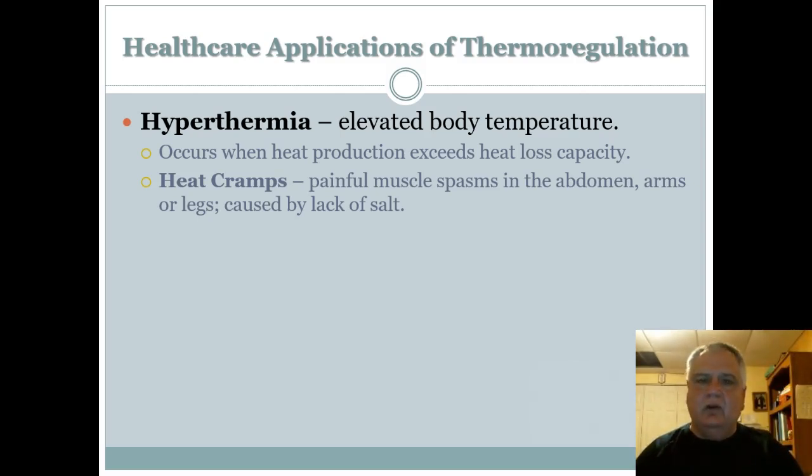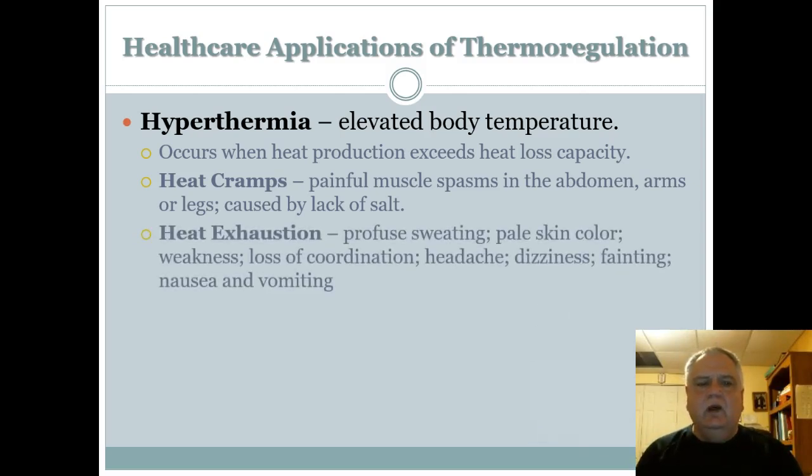And whenever you lose all that salt, sodium levels are going to drop. And sodium levels are very important for maintaining that transmembrane potential that is exceedingly important for nerve cells and muscle cells to do their job. So the muscle cells get in a state of contraction and they can't relax and the cramps start to set in. Now heat cramps can be followed then by heat exhaustion.